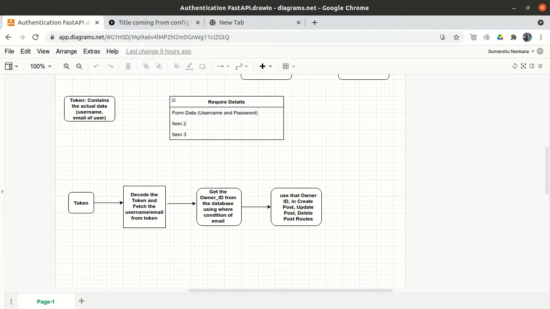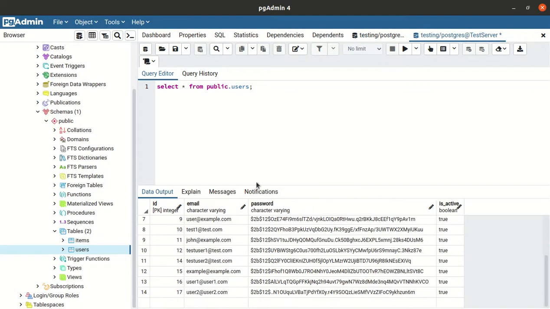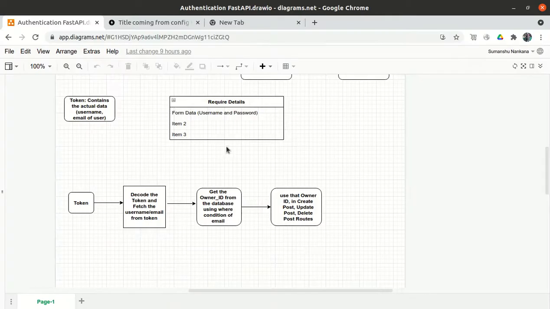If we have the email ID with us, then corresponding to that email ID we will run a select query into the users table, and we will get the ID of the particular email, right?